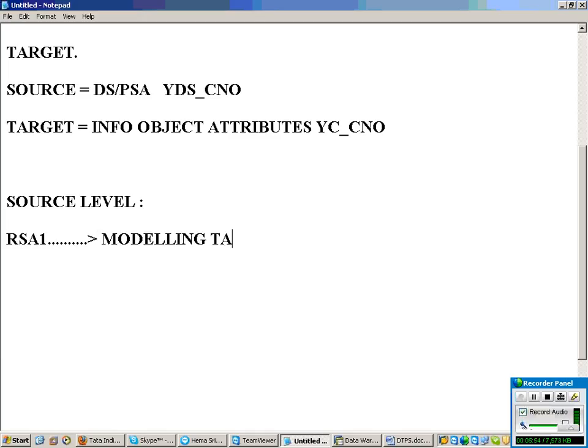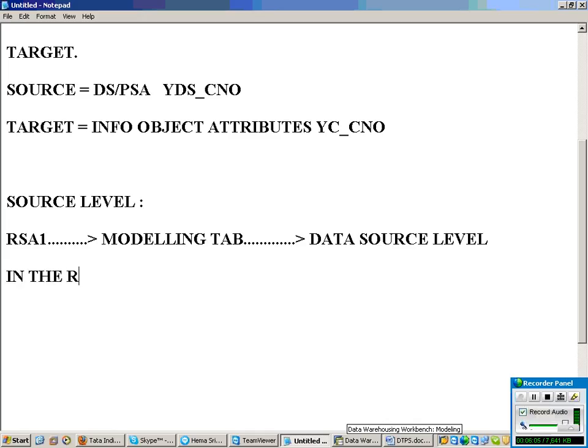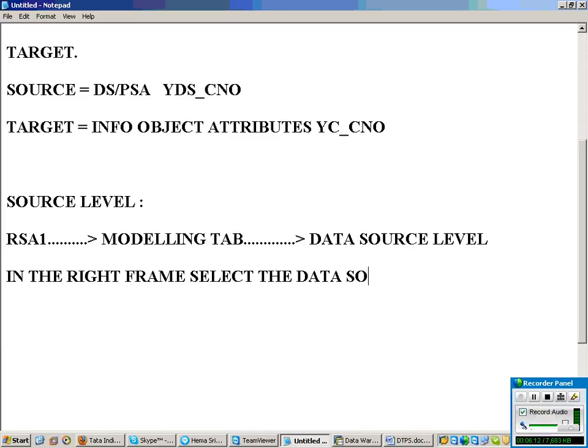Now, see how to create that. RSA1, modeling tab, then you have to go to data source level. In the right frame, you have to select the data source, the one which we have created in the earlier step, that is step 2B.